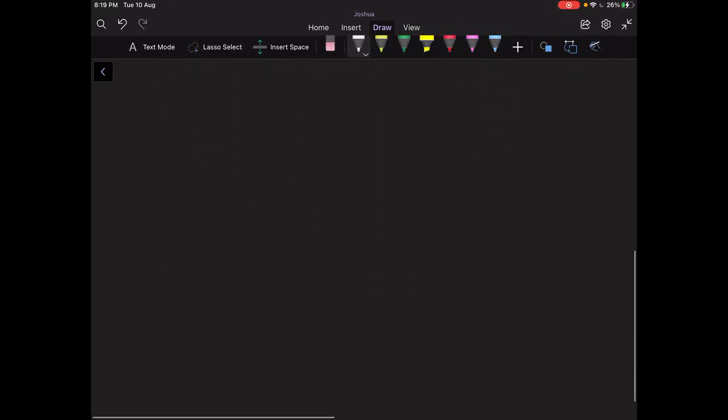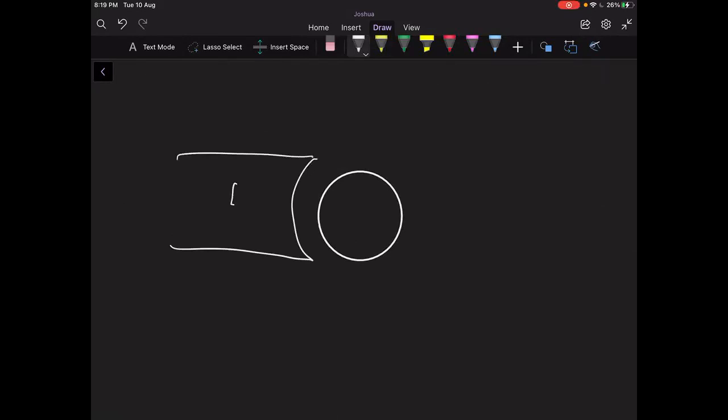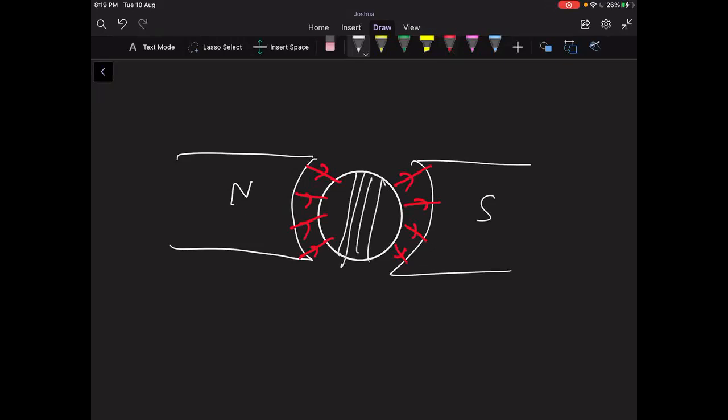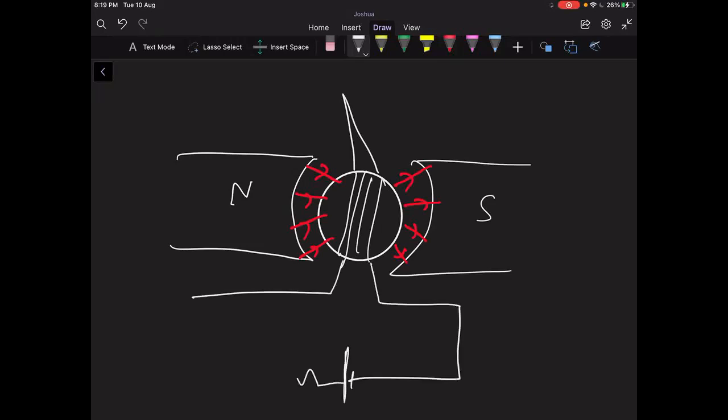Now what happens is that the magnetic field due to the bar magnet is going something like this. And there's a whole coil here. So whenever a coil is current carrying, because the circuit has some battery, resistor or something, current is passing through the galvanometer like this. I in is equal to I out.